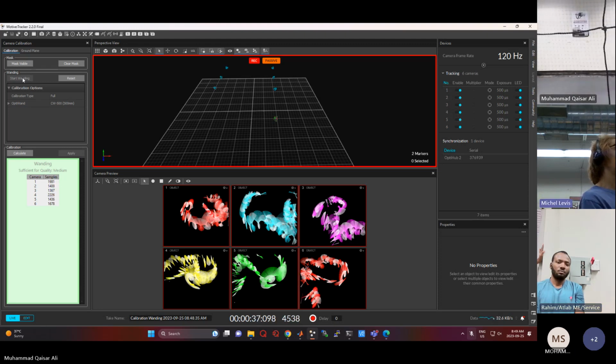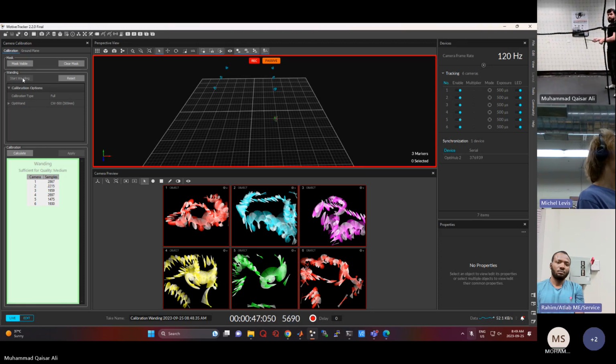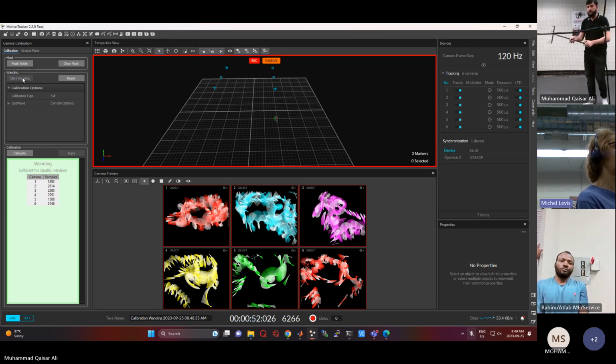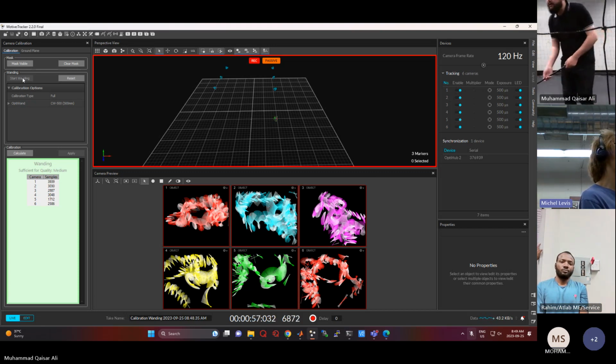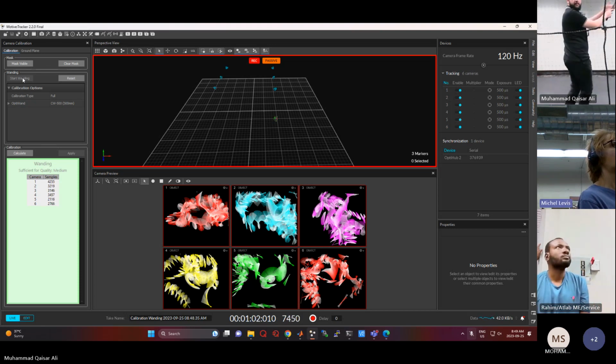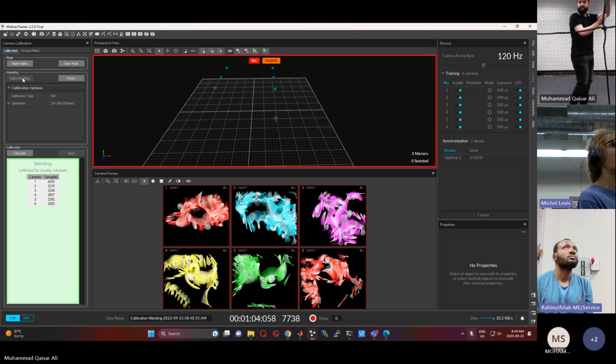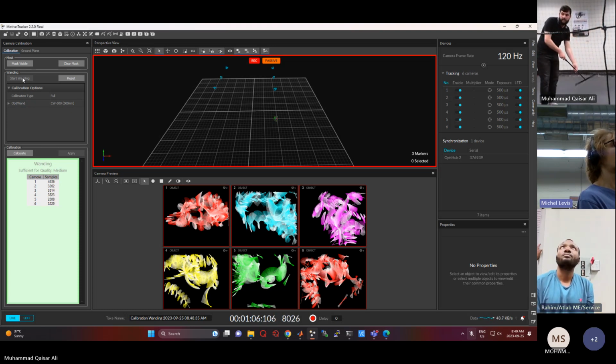You want each of the cameras to have approximately at least 6,000 to 8,000 points. So when you're doing this, you're getting a pretty good spread, but sometimes it's good to have your friend point out, okay, this camera is a bit low on the count. Make sure you go between the different heights, right? Low, high. You don't want to move it too fast either. You don't need to rotate it like that either. I guess you can, but